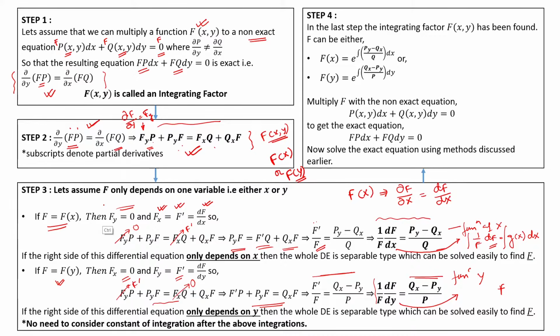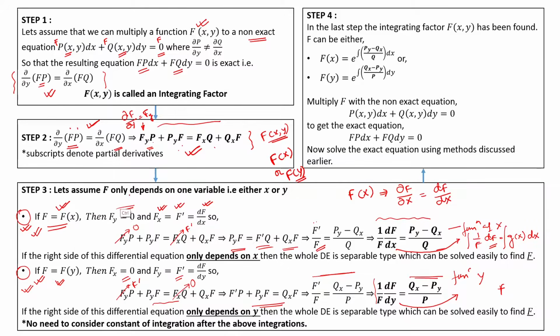So, either by following this first or this second method we can find the integrating factor. Now, in some problems we will get the answer easily by assuming f is only a function of x, that is f equal to f(x), and in other problems we can find the integrating factor easily by assuming f is a function of y. So, if we follow the first method and fail, we can try the second method to find the integrating factor. We will see how to do it while solving the problems.